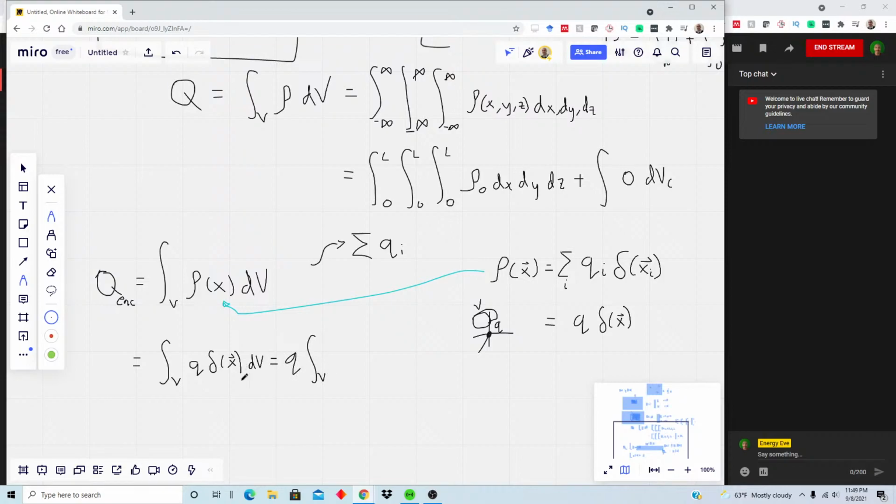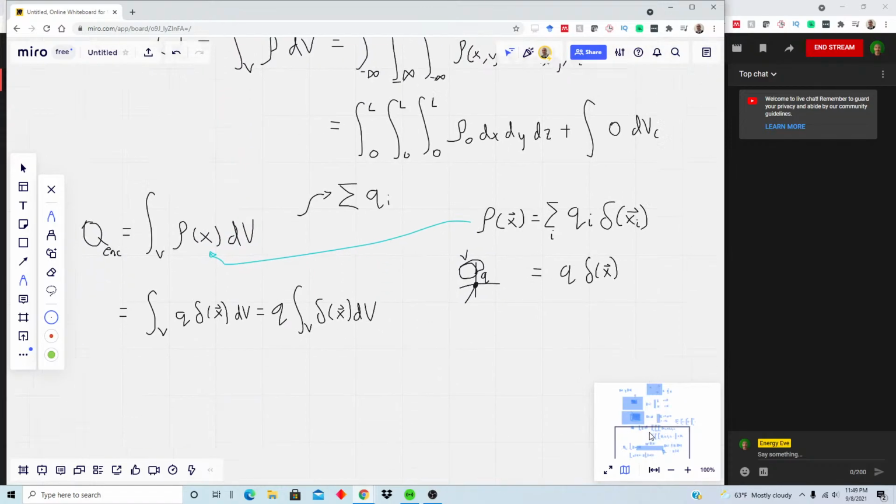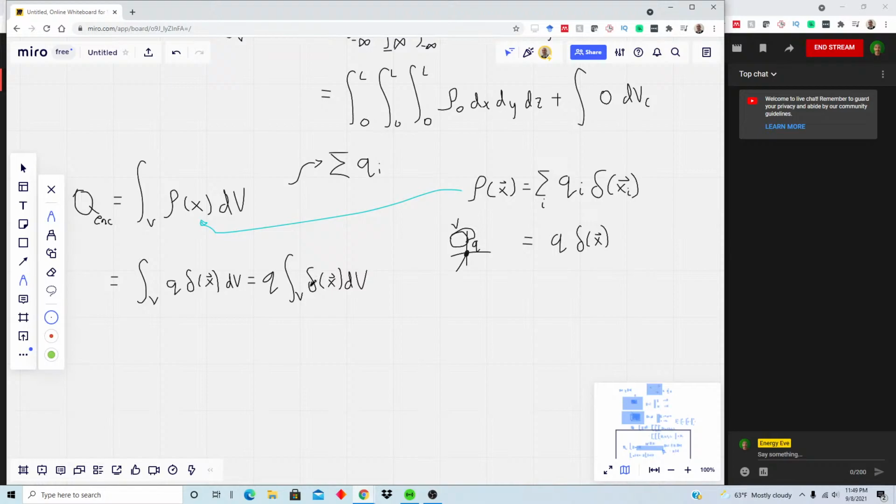And then now we have the integral of this Dirac delta function. And so I think I might have to make a whole separate video on this. But what you have to recognize is this is equal to either 1 or 0. And this is dependent on